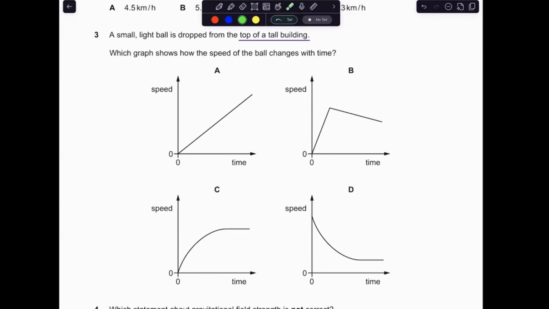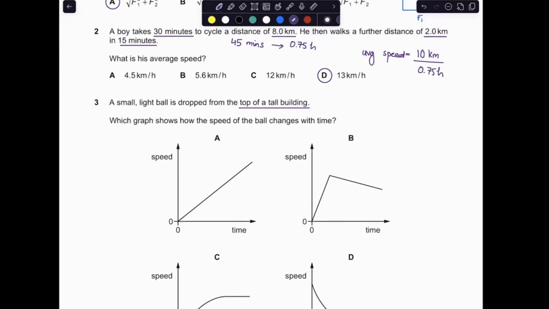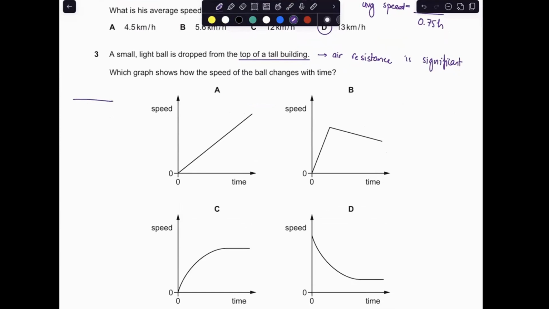Isn't it the same? Actually, there is a difference. When they say that it's falling from the top of a tall building or any tall structure, the idea is that in those cases, air resistance has a significant role to play. So this cannot be ignored. If they say that it's falling from the top of a table, just a couple meters high, let's say